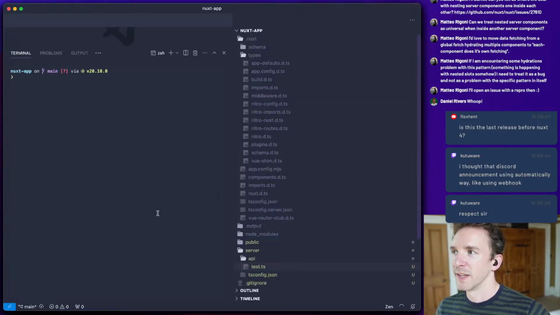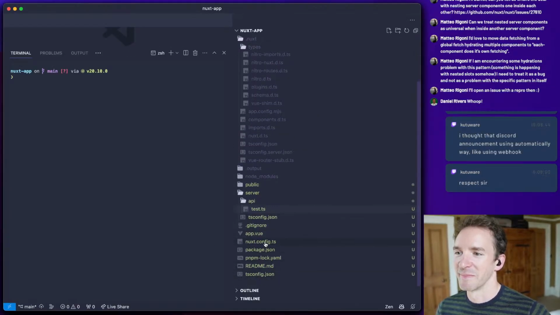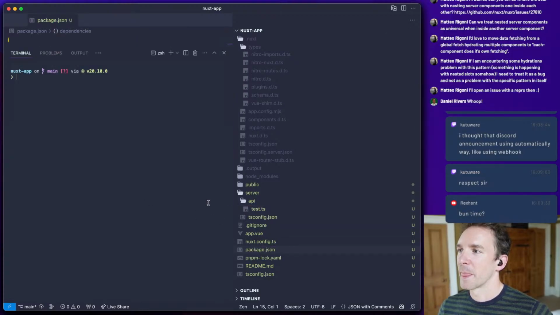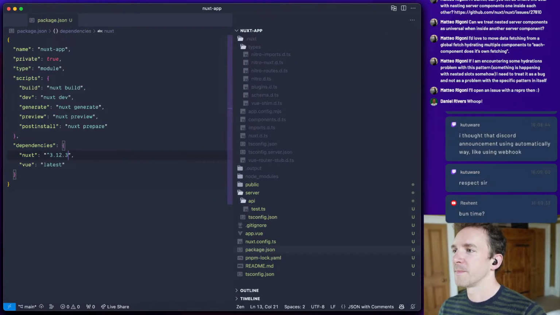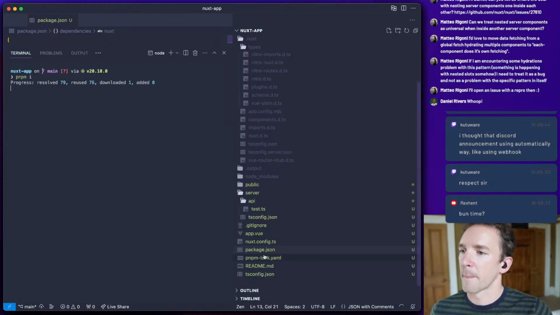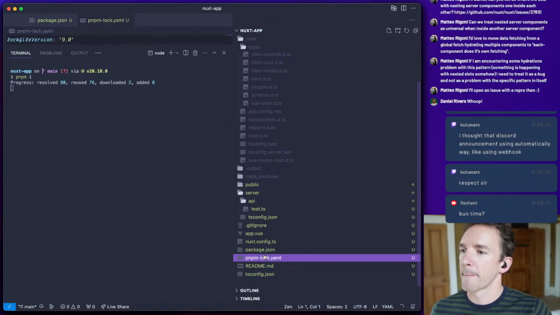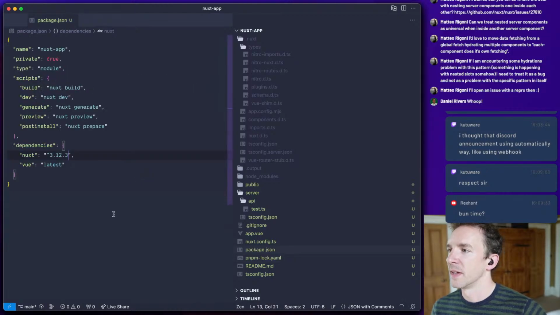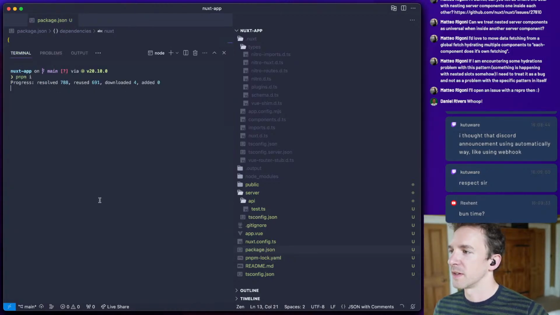Did this in fact pull in the latest Nuxt? Maybe not. Let's just force it. Yeah, it was not. It was my cache on my system was still on the older one.